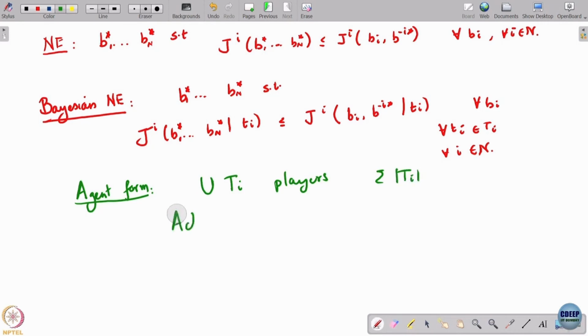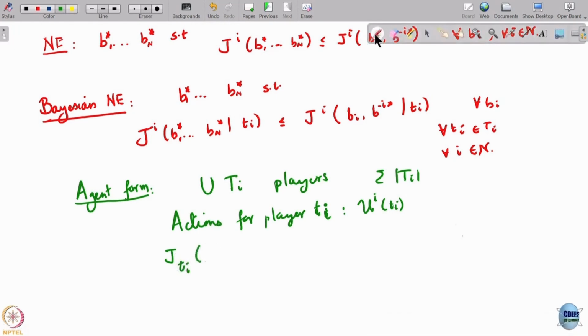The actions for player i are this. For player Ti, I can just identify players with the type name. So the actions for player Ti are Ai(Ti). And what is the payoff that this player gets? He gets